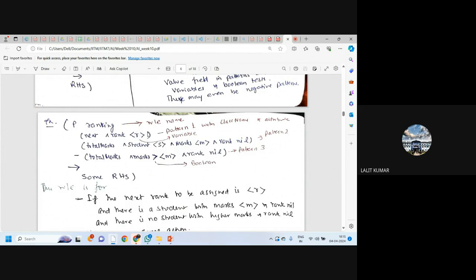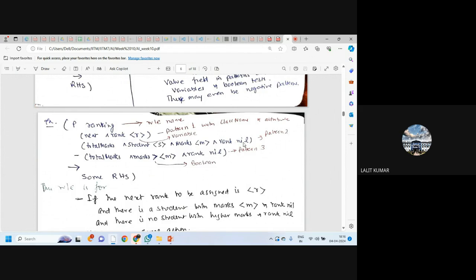So this is pattern 1 with class name next, with attribute rank, and with any variable r. Second is pattern 2. The class name is total marks with the attribute student, variable s, second attribute marks, variable m, then attribute rank,